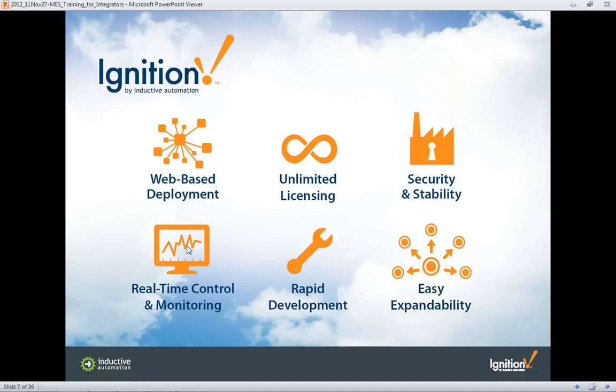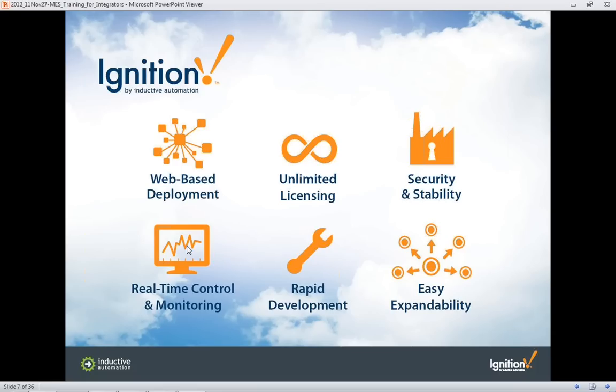Ignition is built upon industrial-grade security technology with a solid unified architecture and built-in redundancy. Real-time control and monitoring. Ignition's real-time status controls and analysis give you the power to quickly analyze and easily display the status of your facility. Rapid development. Ignition's object-oriented rapid development environment allows you to quickly create powerful, dynamic HMI SCADA projects with ease and easy expandability. Ignition's modular architecture makes it extremely flexible and scalable to perfectly fit your company's HMI SCADA or MES